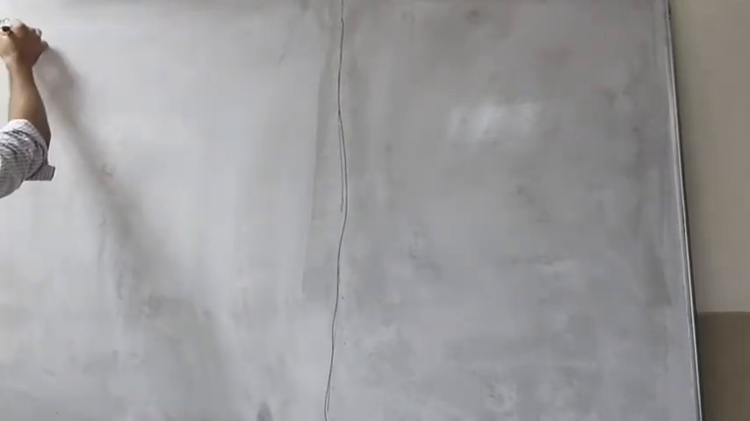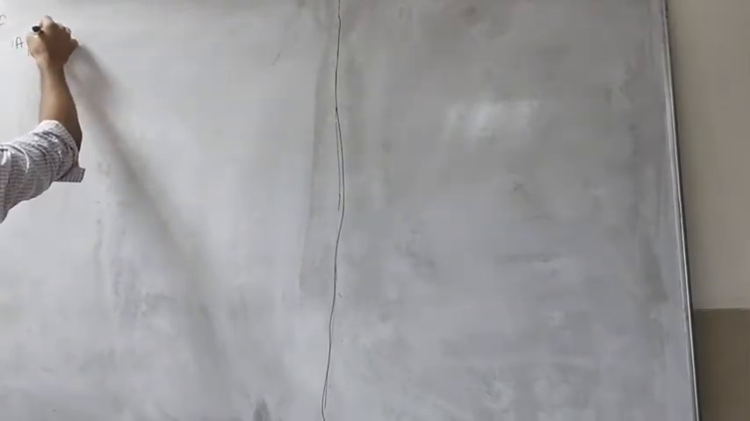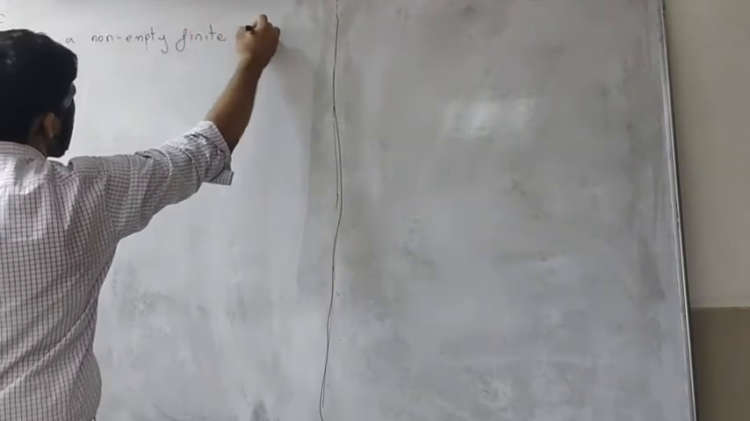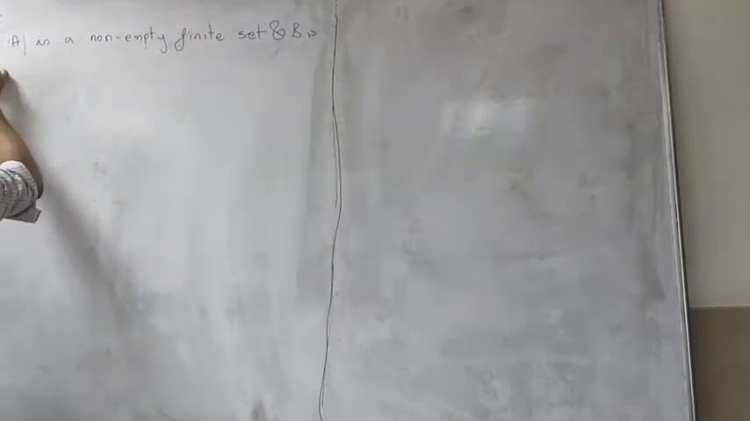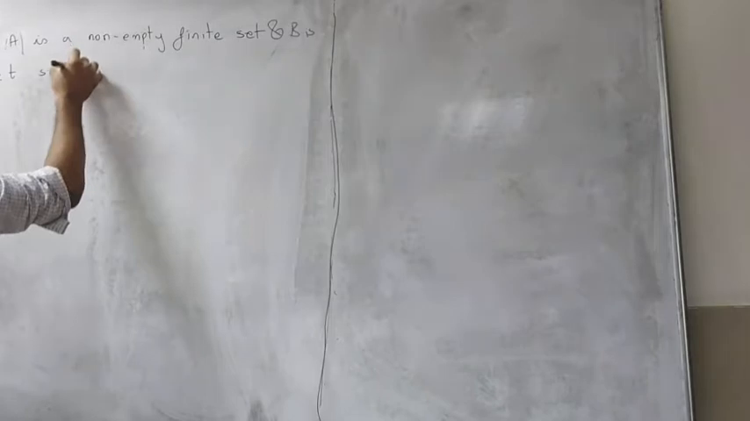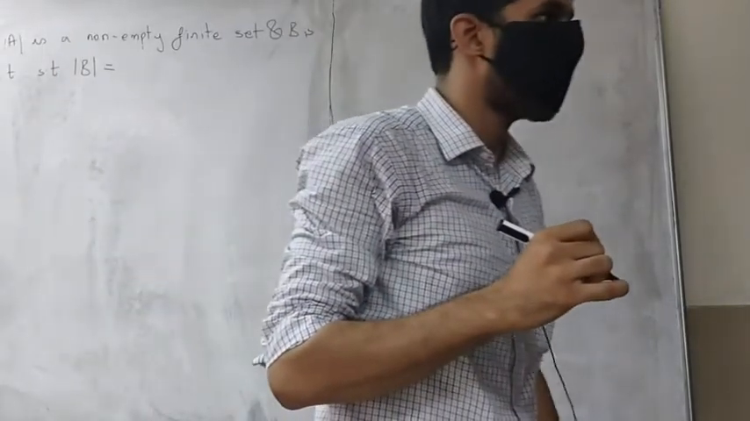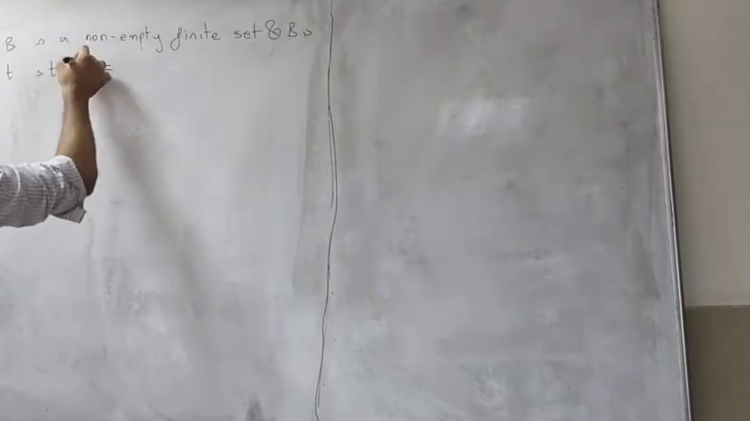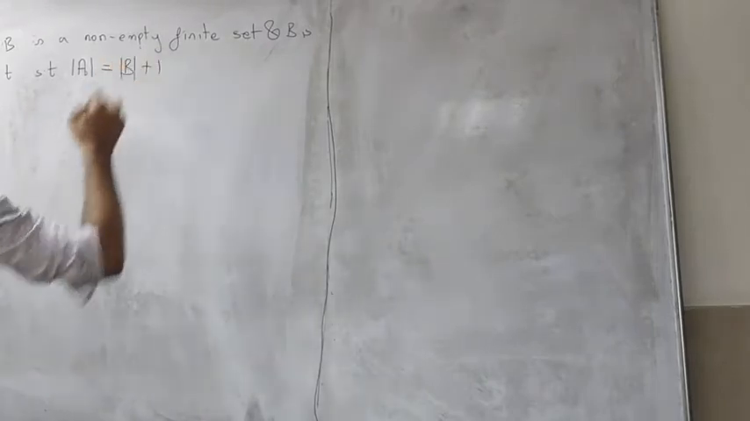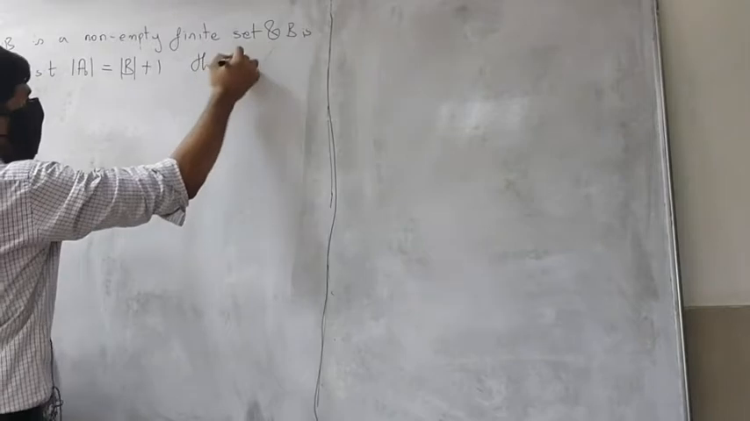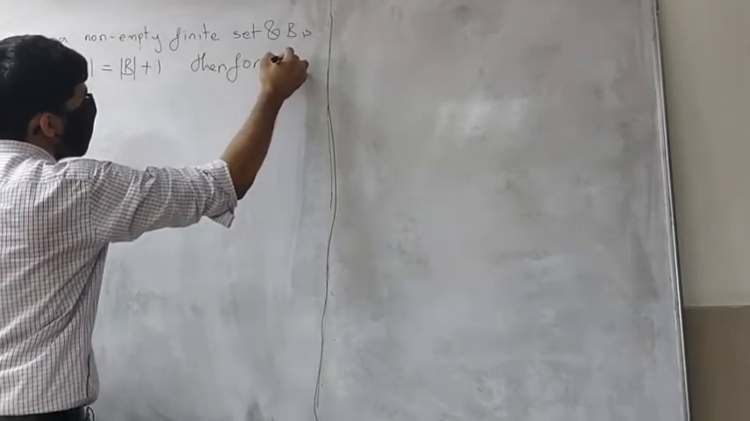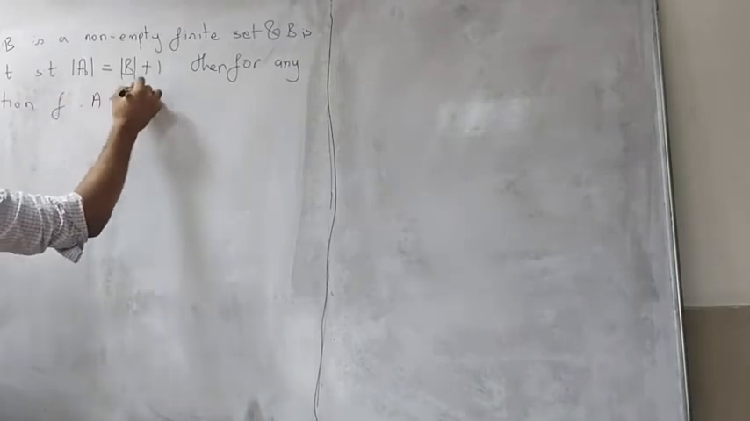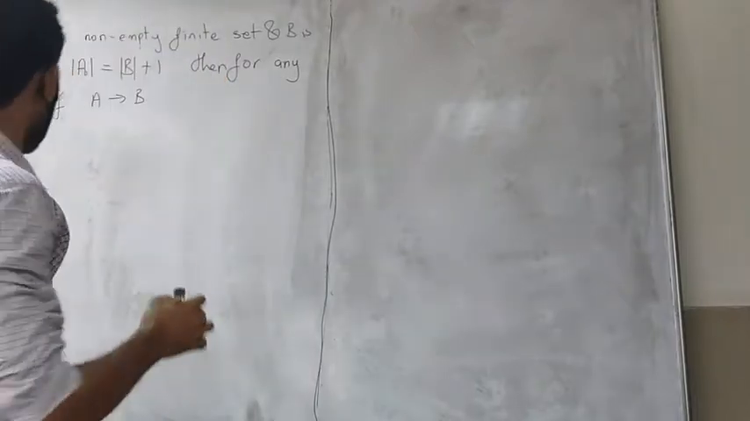If A is a finite set, and B is a set such that the cardinality of A is the cardinality of B plus 1, then for any function f from A to B, whatever association you take from A to B, there will always be